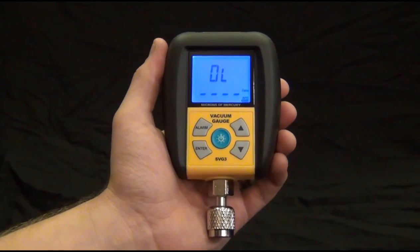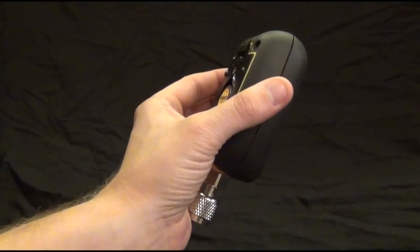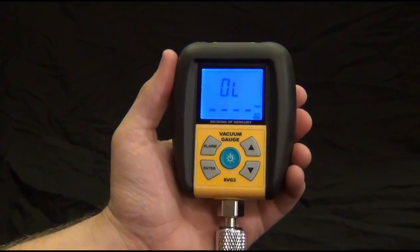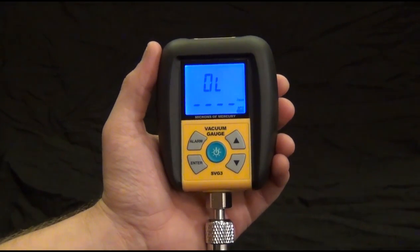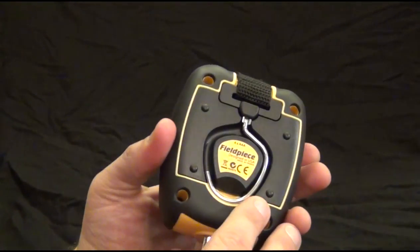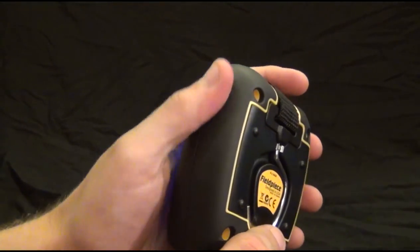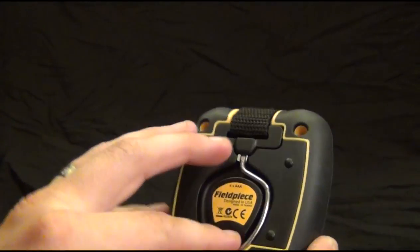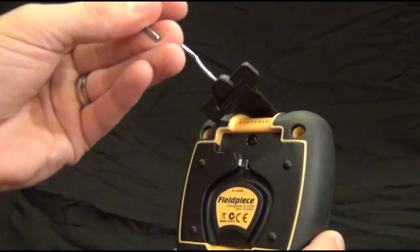This is our brand new vacuum gauge. This guy is just a really simple creature. It's purely a vacuum gauge, measures microns, has a couple alarm settings, and it's just super tough. And the new case for it is rubberized so that it grips, and the hook on it is a little bit different than anything you've ever